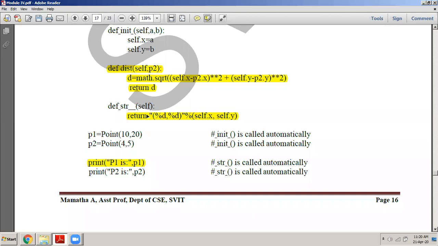The code that we have written in the __str__ function is that whenever anybody prints the object, it should return the x value of that object and the y value of that object, and it displays you the x value and the y value. So when I say print,